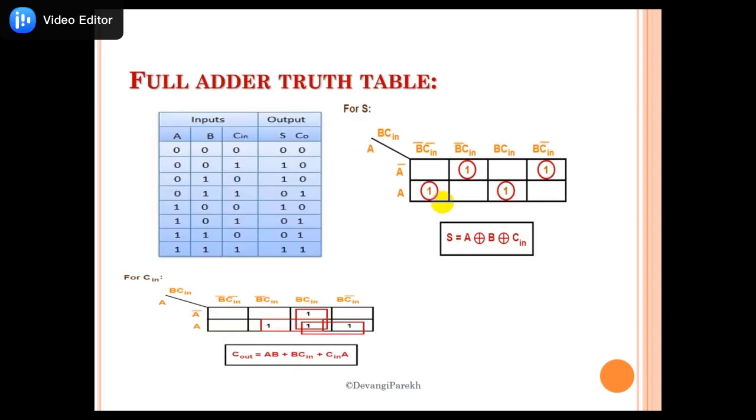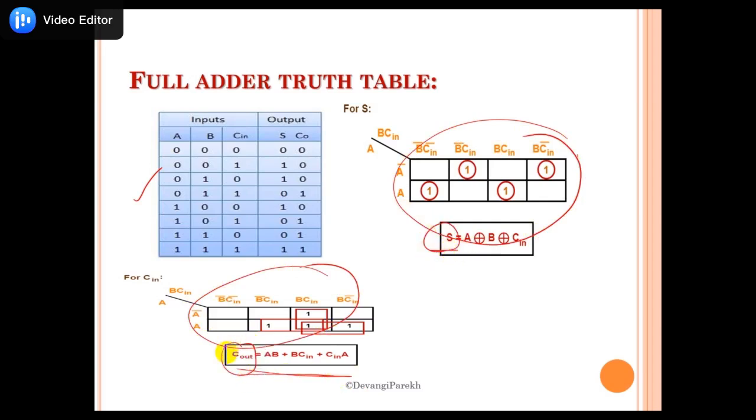So here is the truth table for full adder, here is the output produced by the K-map specification, and here are the boolean expressions for sum and carry. Let's understand this truth table step by step, how we can draw this table. From this table we are going to write the expressions, and from the expressions we are going to convert them into a logic circuit. Now we will try to draw the logic diagram for the full adder circuit.